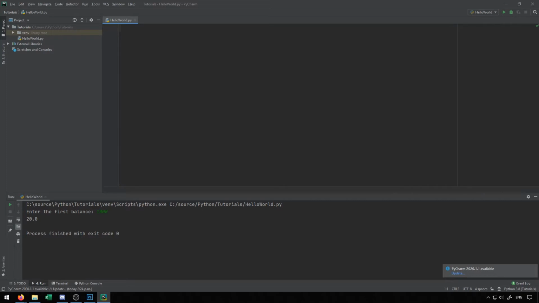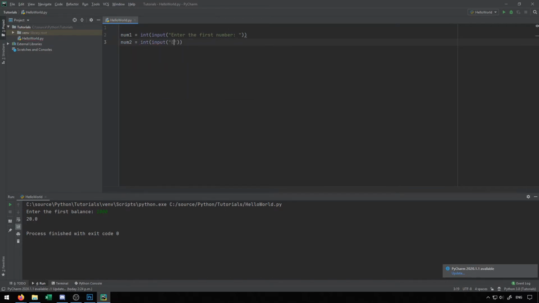So for the first one, we'll do something relatively simple. Let's say that we want to ask a user for two numbers, and we want to add those two numbers together. And we might want to do this multiple times throughout our program. So for instance, we could say num1 equals int input, let's say they're integer values, just to keep things simple. We'll say enter the first number. And then we'll say num2 equals int